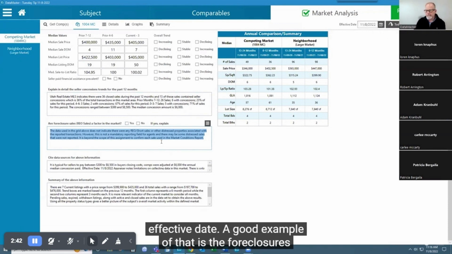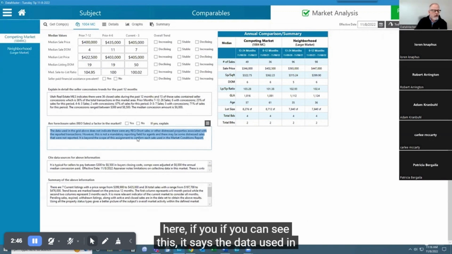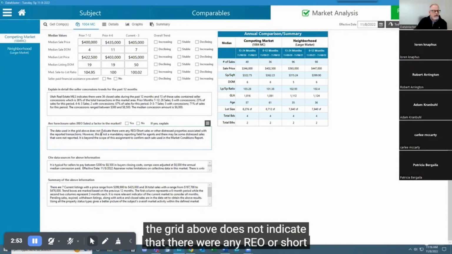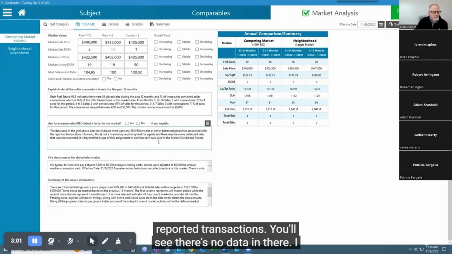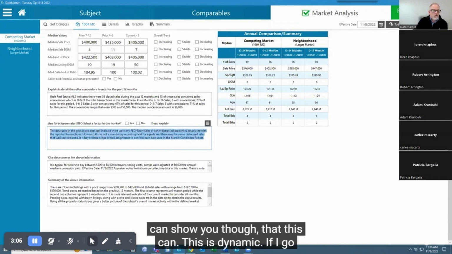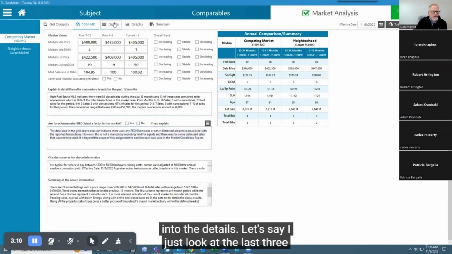A good example of that is the foreclosures here. If you can see this, it says the data used in the grid above does not indicate that there were any REO or short sales or other distressed properties associated with the reported transactions. You'll see there's no data in there. I can show you though that this is dynamic. If I go into the details,